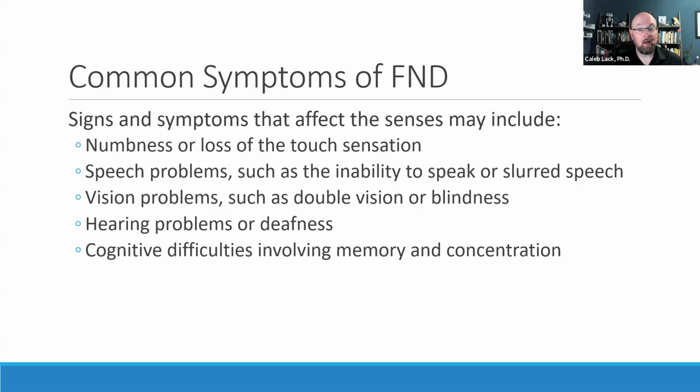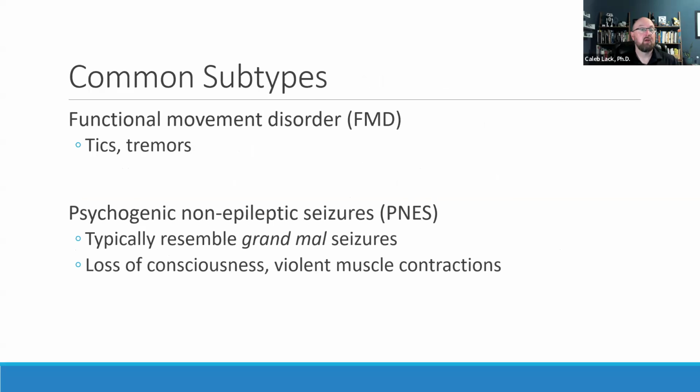Now, the two most common subtypes that you're likely to encounter currently are what we call functional movement disorder and then psychogenic non-epileptic seizures. And so the functional movement disorder encompasses things like this appears to seem like a Tourette's diagnosis or tics, right? Or this looks like an essential tremor or shaking that you might see in something like another neurological disorder. But again, no evidence of that. And I'm not going to talk a ton about this because Charles is going to really go into this